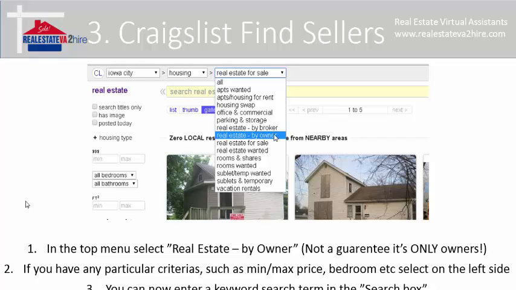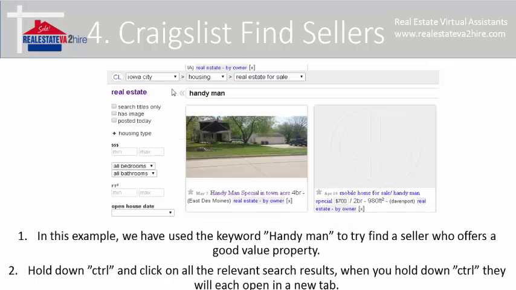Next up, when you've selected the real estate by owner, you then enter the specific keywords that you want to look for in the search term, which is the yellow field just behind the box here. Now, in this case, we used the keyword handyman,